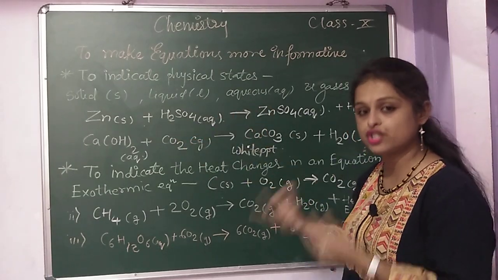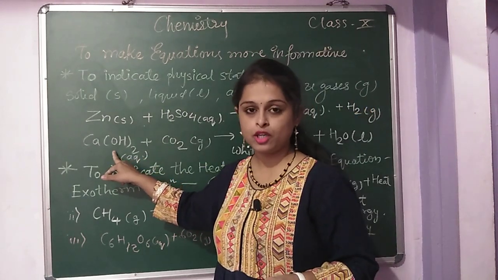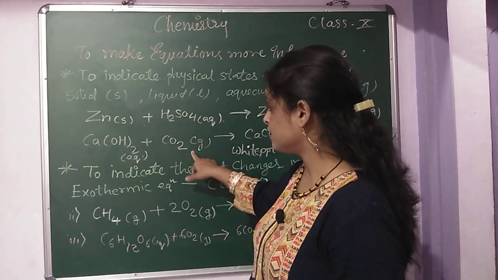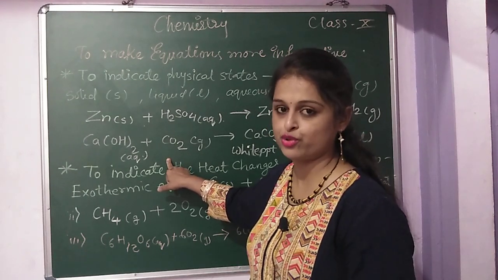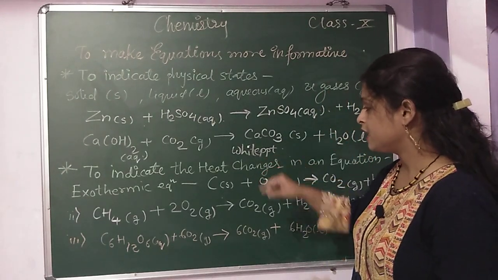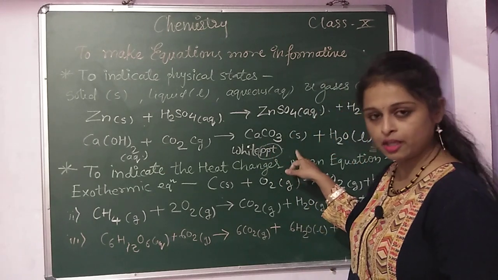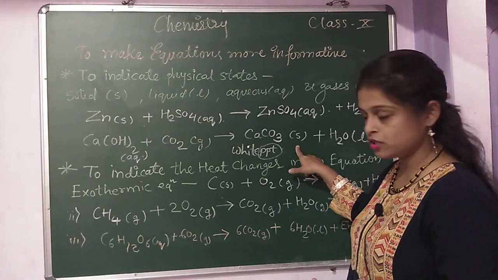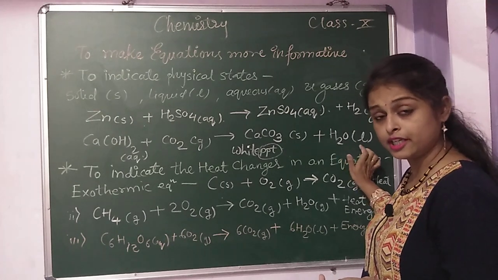If we take the example of calcium hydroxide, lime water, this lime water is in an aqueous state, and when it reacts with carbon dioxide, it means carbon dioxide gas passes through this lime water solution, what are we getting? We are getting the white precipitate. This ppt means the precipitate. This is the way to write ppt while writing the chemical equation, okay. So this ppt we got in the solid form, understood. Then what we got at the last, water in a liquid form.